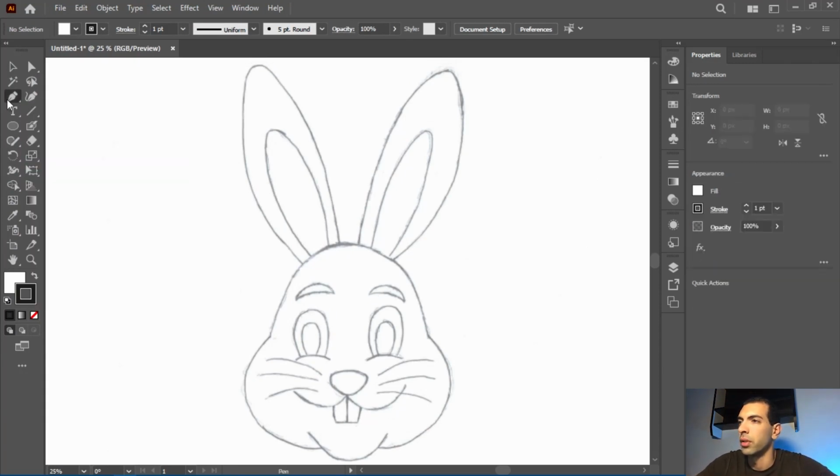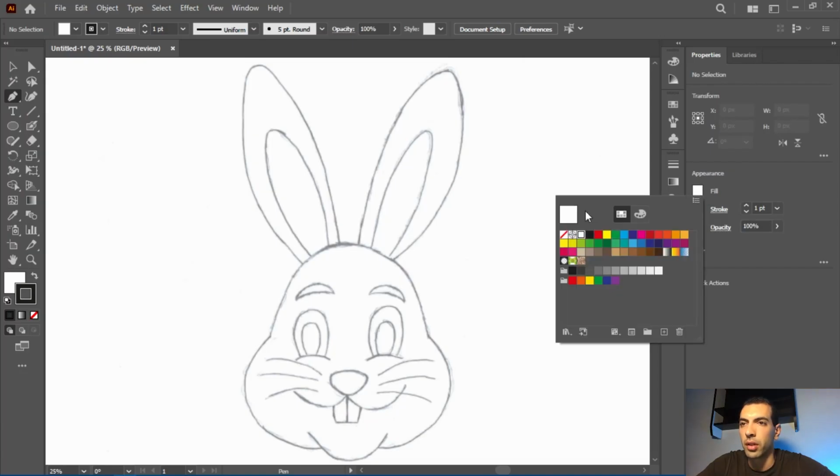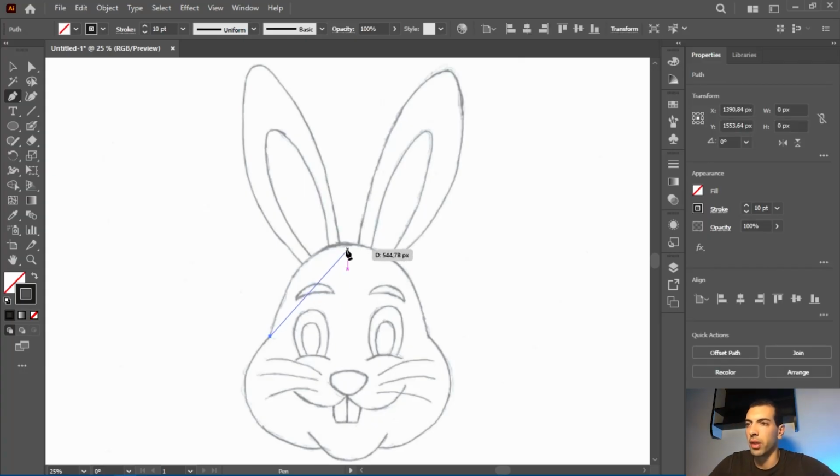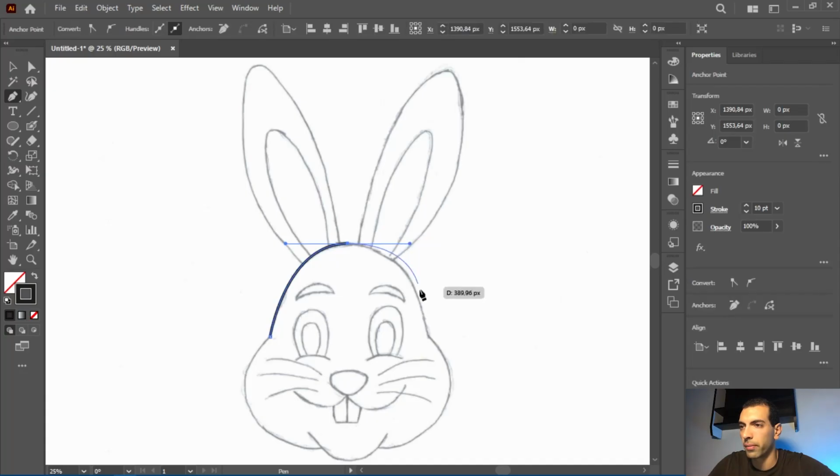Gonna choose the pen tool, set the fill to none, set the stroke weight to 10 points, and I'm gonna start drawing. Gonna start from here, click 1 point there, gonna go here and click and drag to the right like this. Gonna put the cursor right here and click and drag down like this. Now I'm gonna click here, anchor,